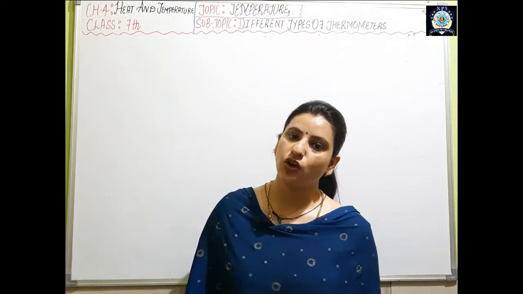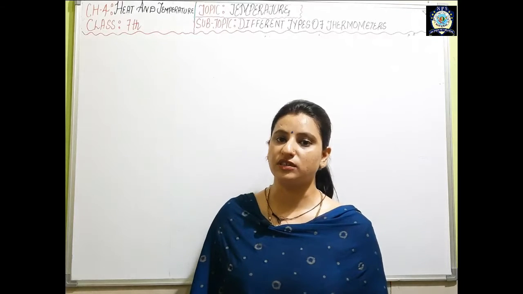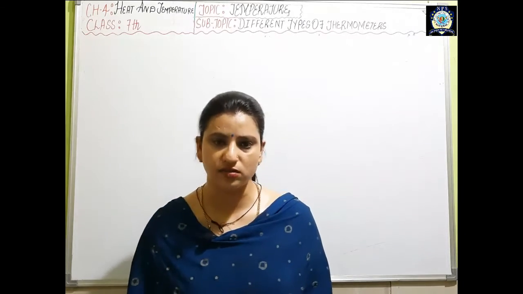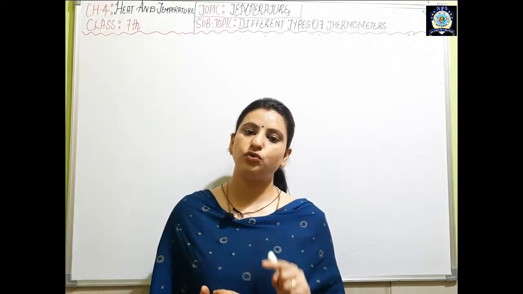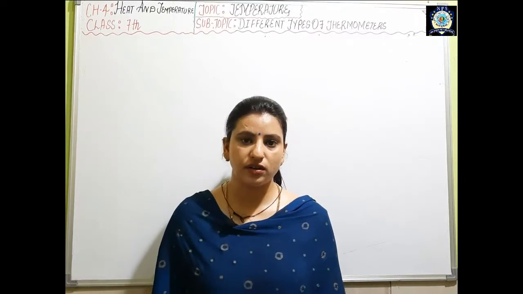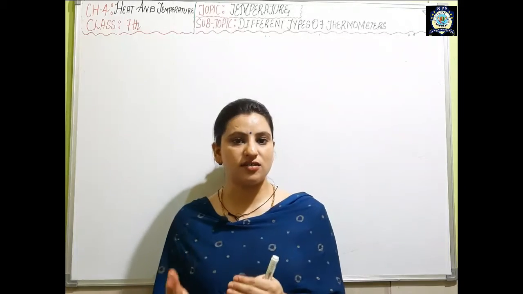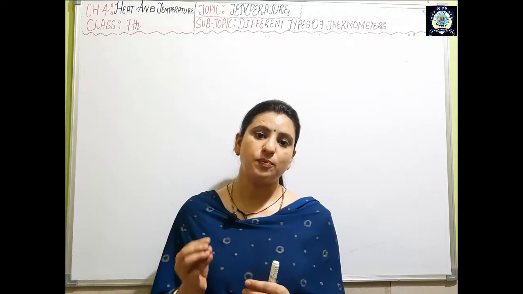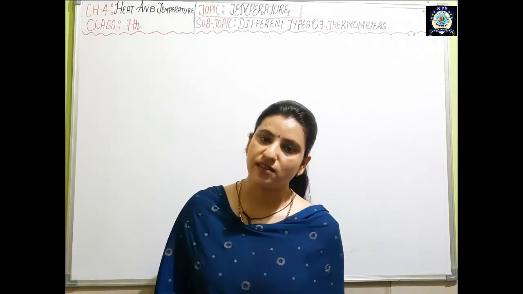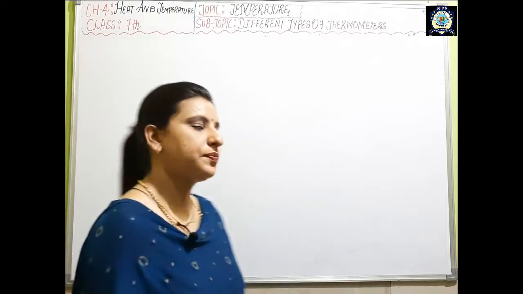Today I am going to tell you how different types of thermometers work and how many types of thermometers there are. So a thermometer is used to find out the temperature of different things. Different thermometers are used. For example, for food we can use a different one to find out its temperature. For air we can use a different thermometer. For the human body we can use a thermometer. So on the basis of the substance present in the thermometer to show the degree of hotness and coldness, on that basis we categorize the thermometers into two main types.